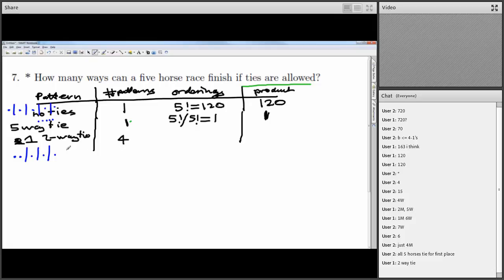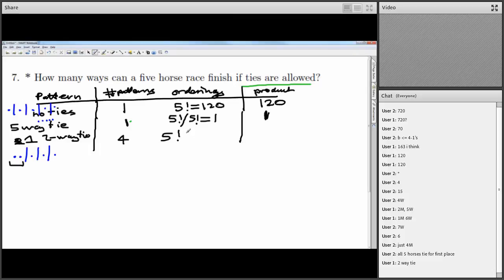So two-way tie is a good way of describing it, thanks. There's four different ways that all have the same pattern. How do you count them? This is the key one. Again, you've got the five horses. At first glance, the naive approach is to just order the five things, so five factorial ways. But the problem is that in the example pattern, first and second are tying, so you can't tell them apart. If I swap the horses that go for the first two places around, you get the same situation happening.